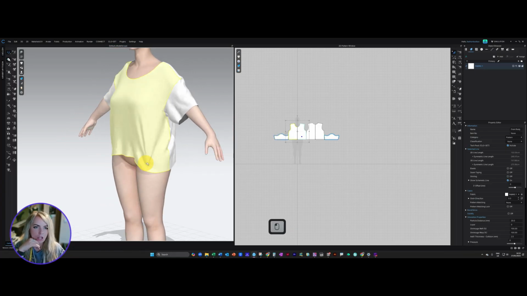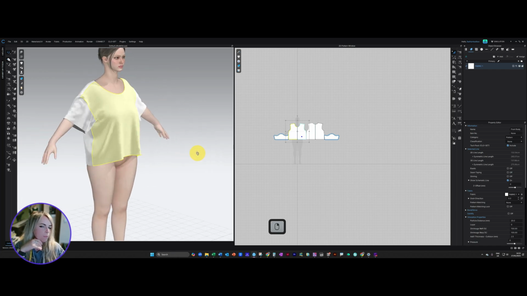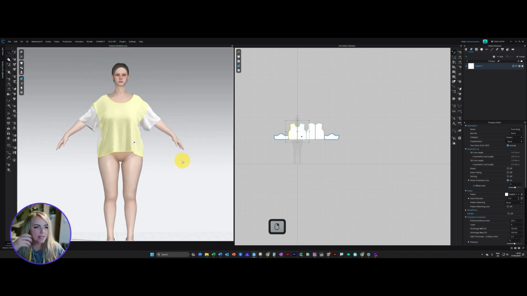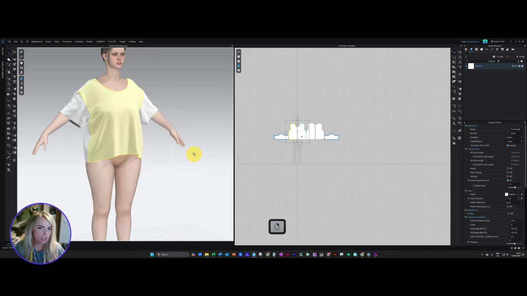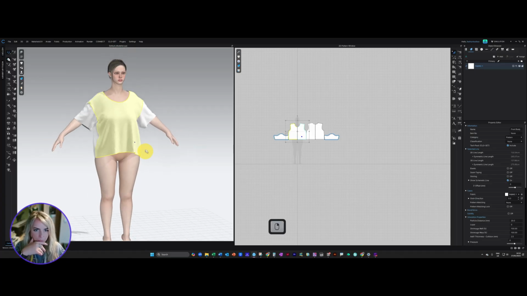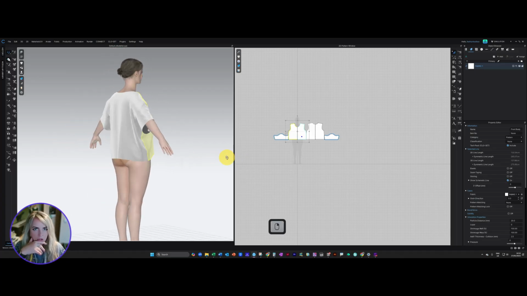There is definitely a lot that we could do to improve this, but as a starting block you can see how great it is at actually achieving that shape and that look that you are looking for, and then you can just go ahead and refine it. So that is